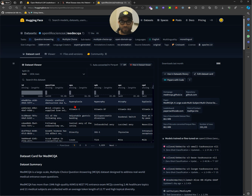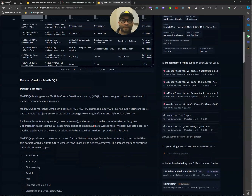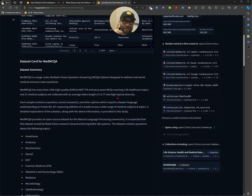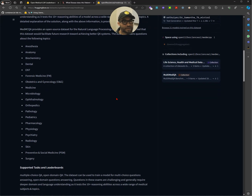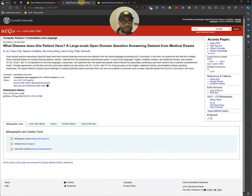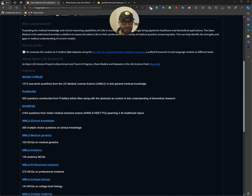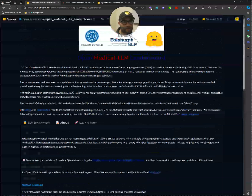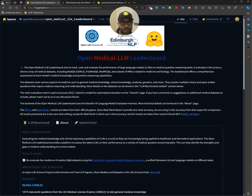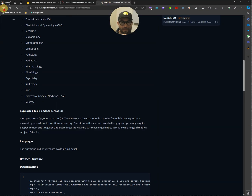And again, the question is, well, is it quality data? The fact that these datasets have been published in the New England Journal of Medicine AI, at least the MedMCQA and PubMedQA, I think that says right there just how quality they're considered. And to include even most of these open medical models now, this is what the community at large has said that they value using. And to include, right, so backing up here,